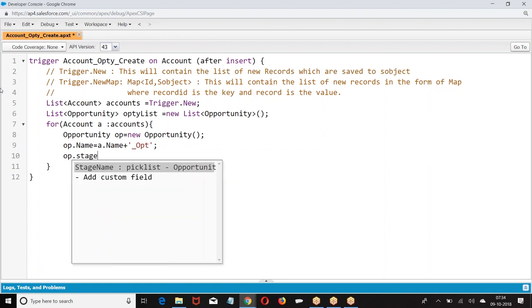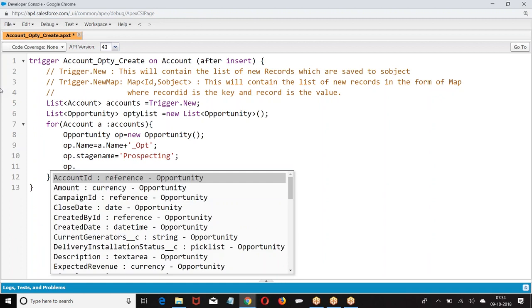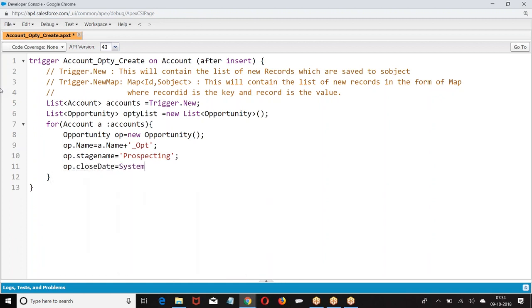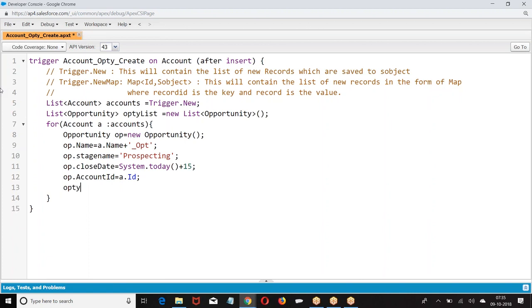Opportunity stage name equal to, close date equal to, and opportunity AccountId. So opportunity name, stage name, close date. opList.add. Insert.